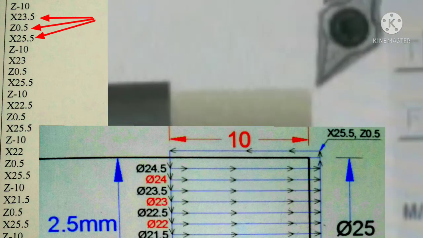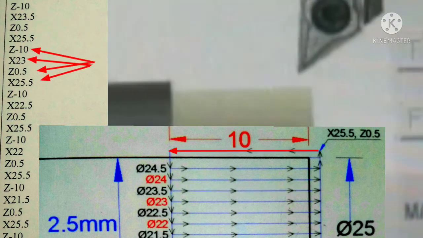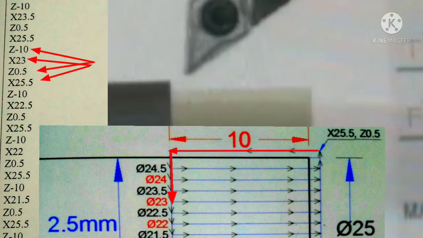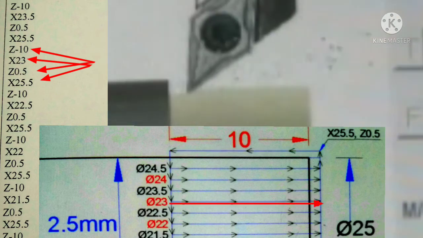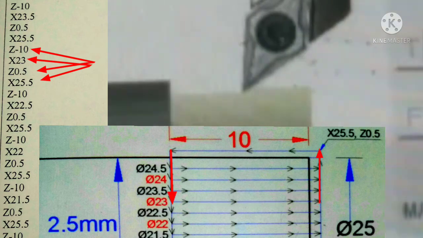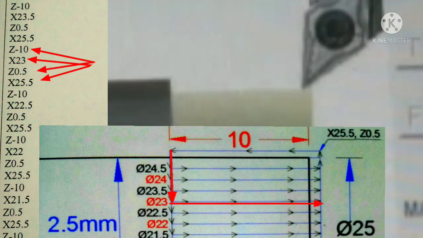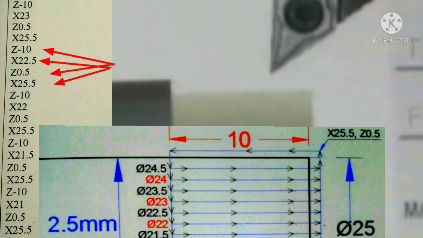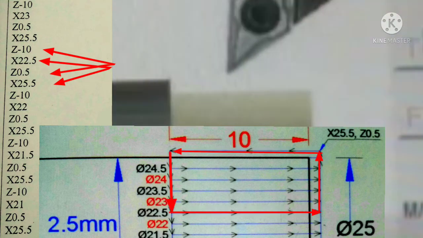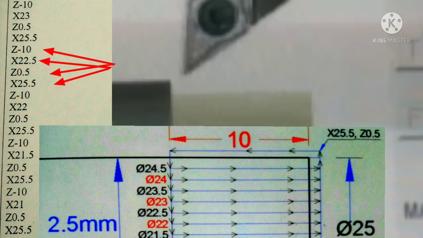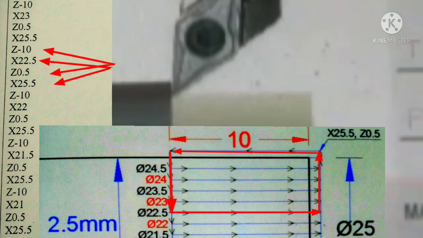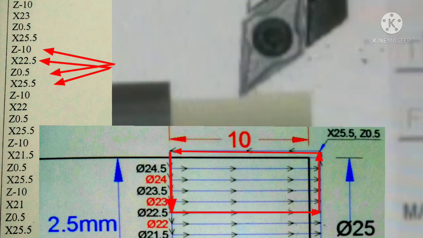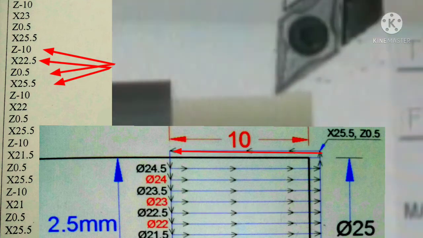Again it will go 10 millimeter backside for Z minus 10, then X23 point, and after that go to the initial point, that is Z0.5 and X25.5. After that again it will go 10 millimeter backside for Z minus 10, and then X22.5 point, and after that it will go to the initial point, that is Z0.5 and X25.5 millimeter.